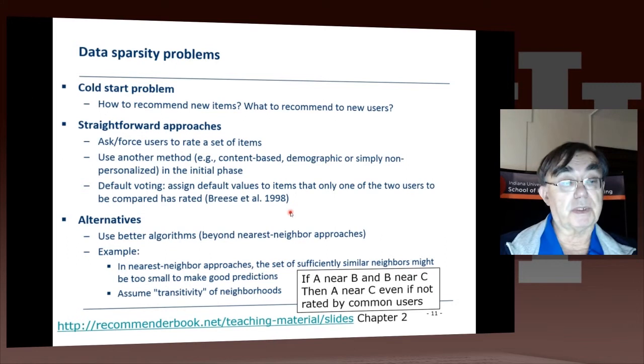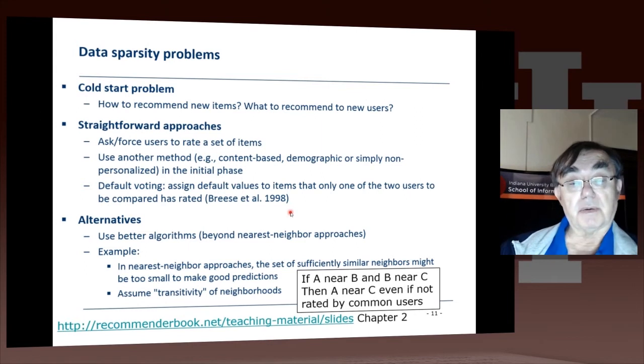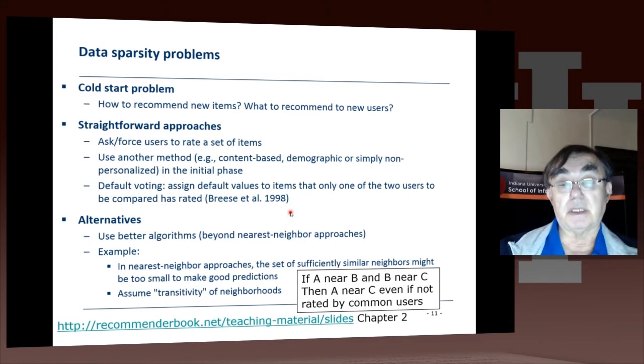One approach which is illustrated on the next slide is transitivity, which says that if you have a set of users near A, and another set of users C near B, probably C is near A, and that could be a non-trivial deduction because A and some of the users in C may not have the rankings in common to allow a direct calculation. However, there may be rankings in common to allow you to know that A is near B, and a different set of rankings in common to know that B is near C.